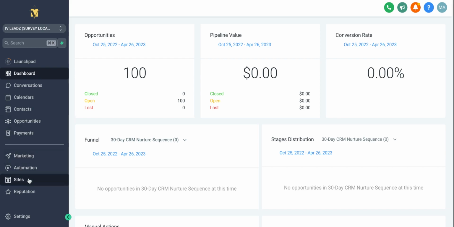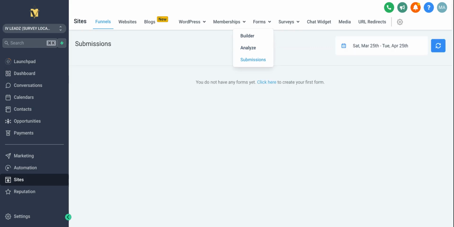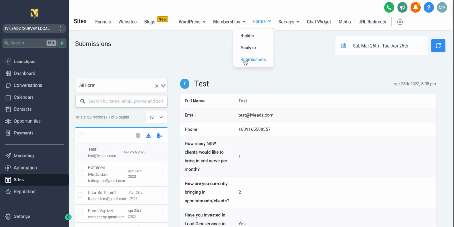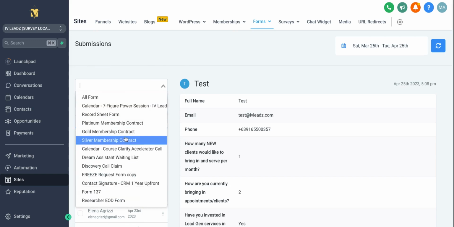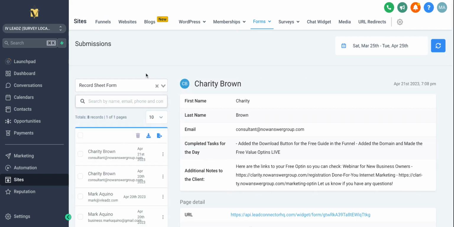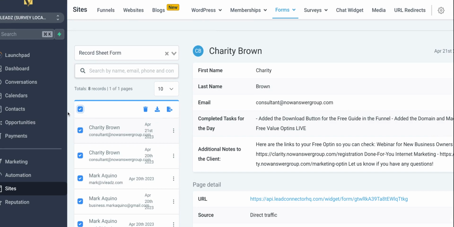Just go to sites, and then go to form or survey submission. For example, you have a form that you want to download the submissions for. Then let's go to the form submissions first. And then you can filter the actual submissions for each one. For example, this one, you want to download, then go ahead and click that box. And once you're done, click this button,